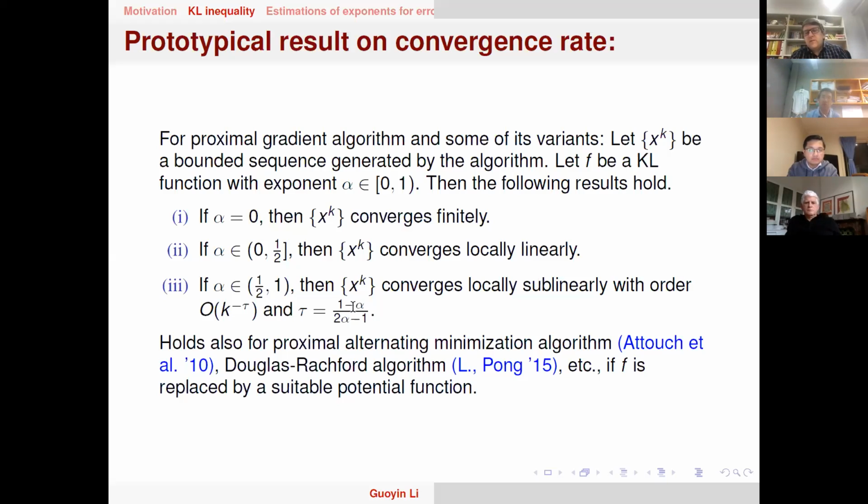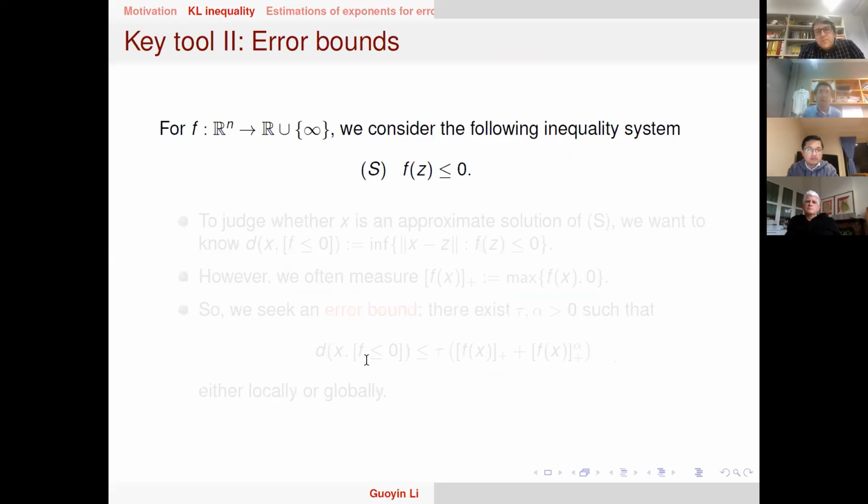And you can verify that. You can see in the literature very similar results for the proximal alternating minimization algorithm, and also recently we did it for the Douglas-Rachford algorithm as well. All right, so now let me move on to the second tool, which is also important,